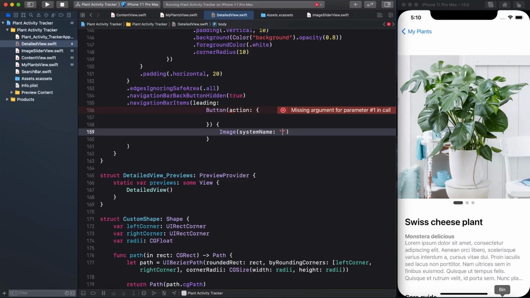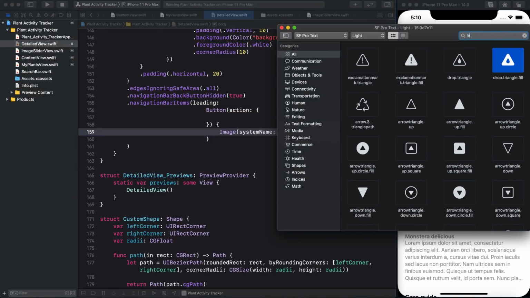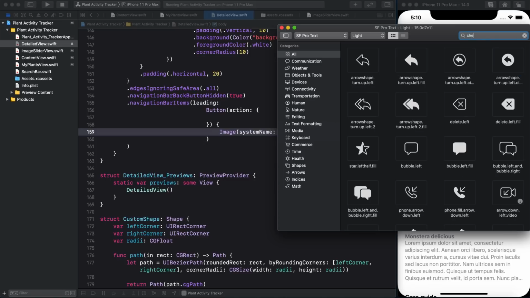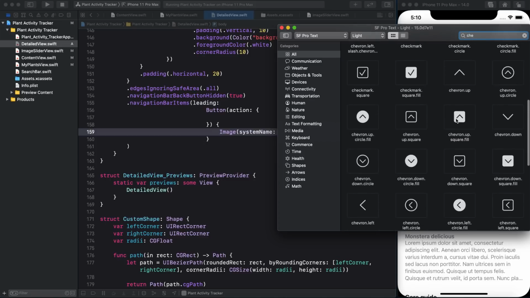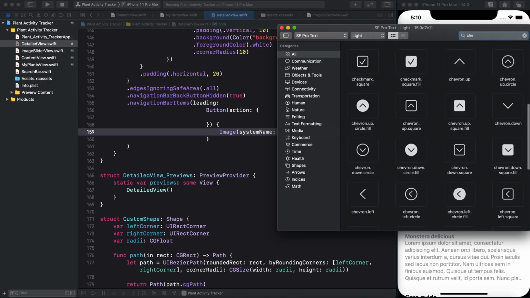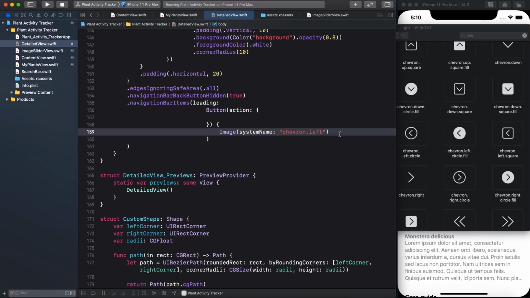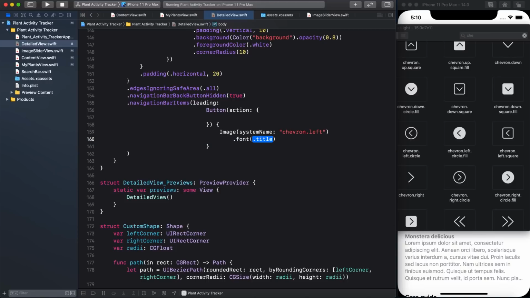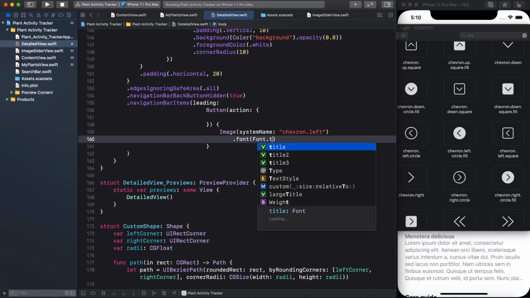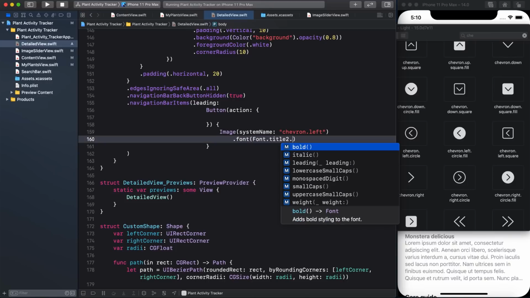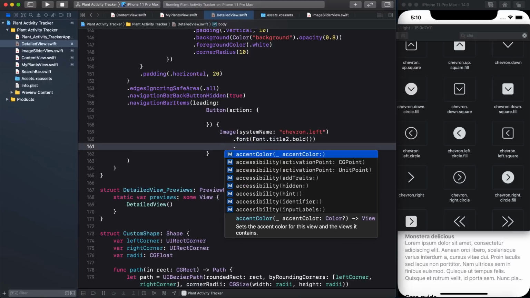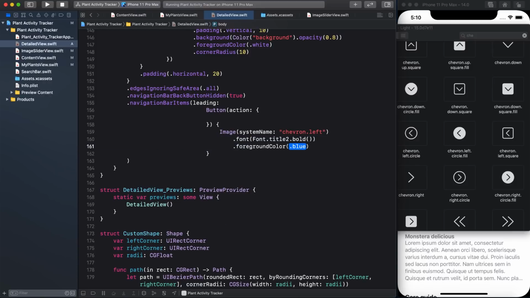So let's open up our SF Pro symbol and let's search for our arrow. This one, and let's paste it in. And then let's do font.title to.bold, then foreground color .white,